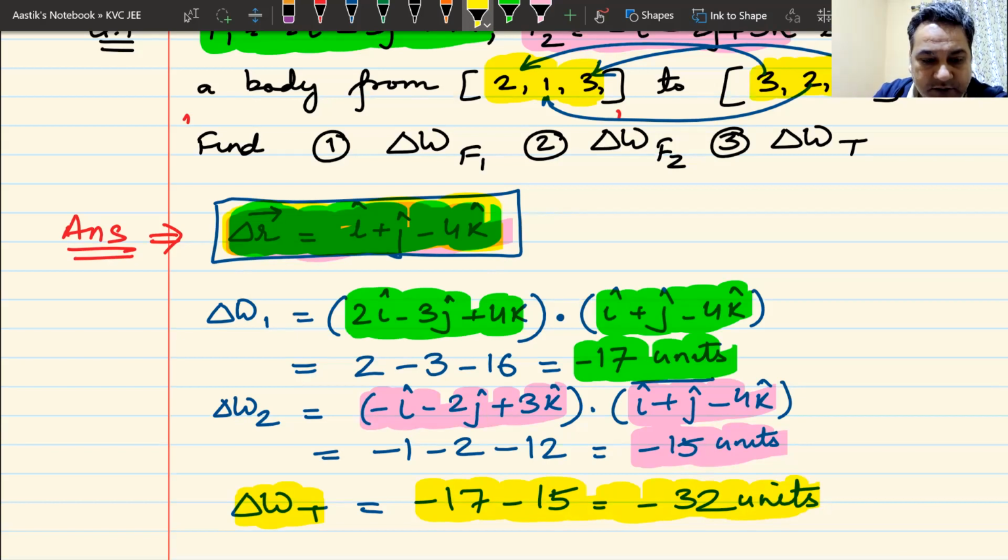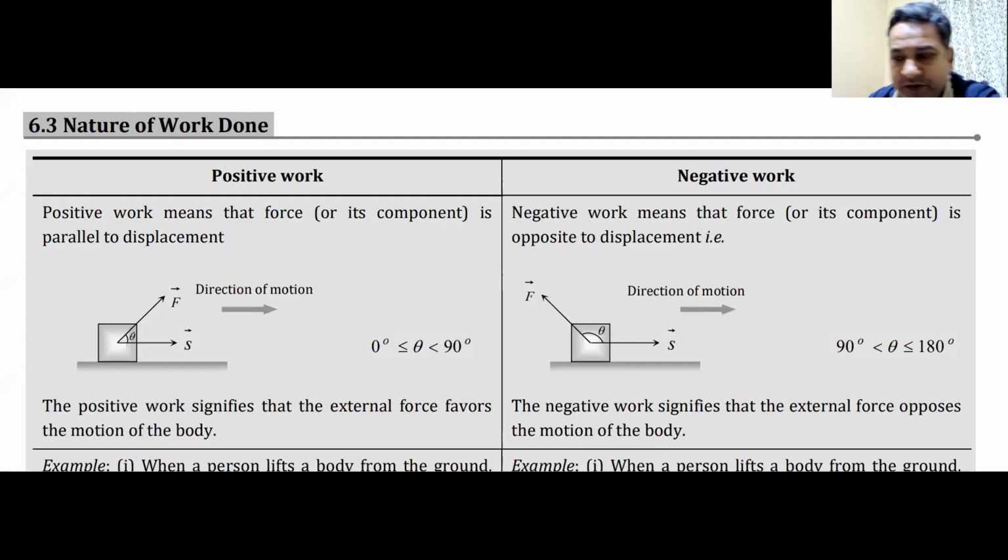Okay. If we have understood this, it's a very good thing. Now, what we are going to do, go back and understand the next thing. Please note the question down till the time that we are moving back and we are back to this screen. Now, we have also seen when is the work done positive, when is the work done